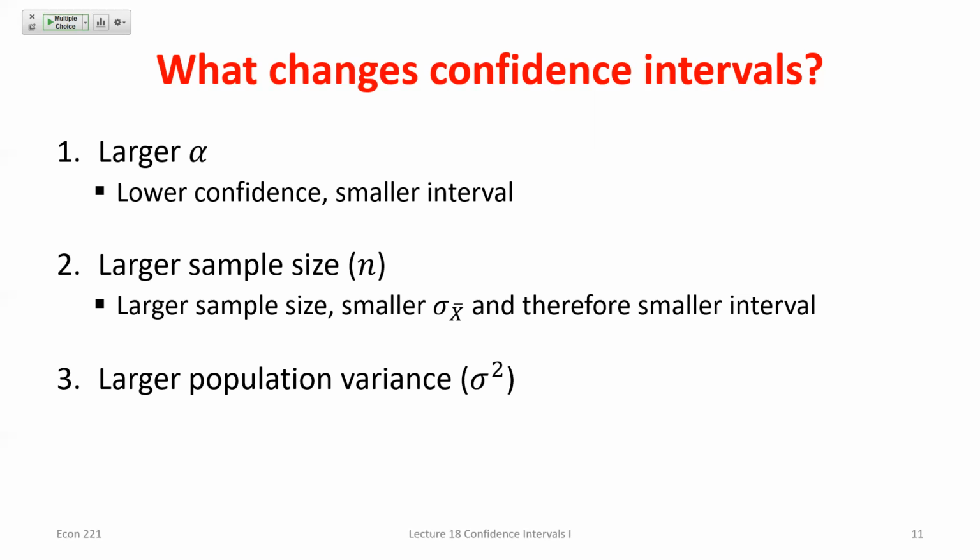The third thing, which we talked about, it's not very interesting, I'll mention why. Population variance gets larger, what happens to my margin of error? Population variance of the variable I'm sampling from gets larger, what happens to my margin of error here? It gets bigger, so I'm adding and subtracting a larger value to that sample mean, so my interval would actually get wider. Now, why I said this isn't interesting, we can't influence the variance of